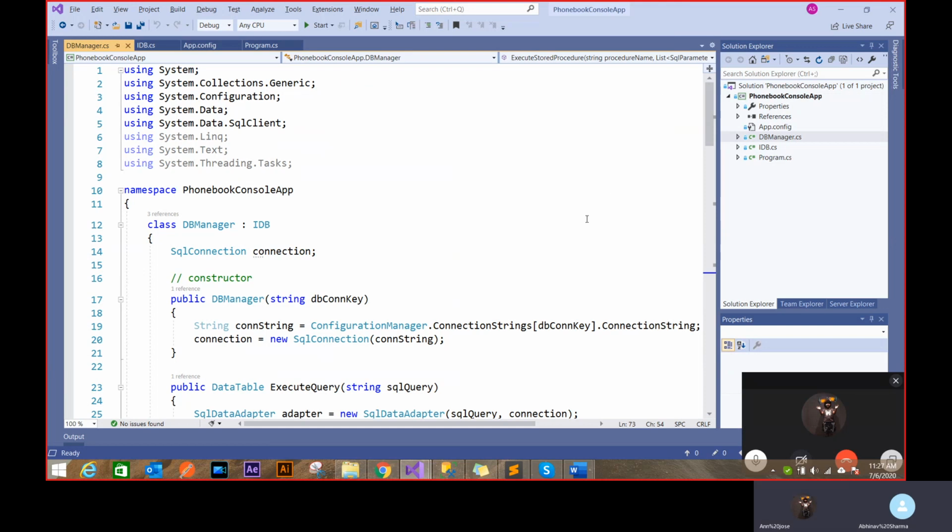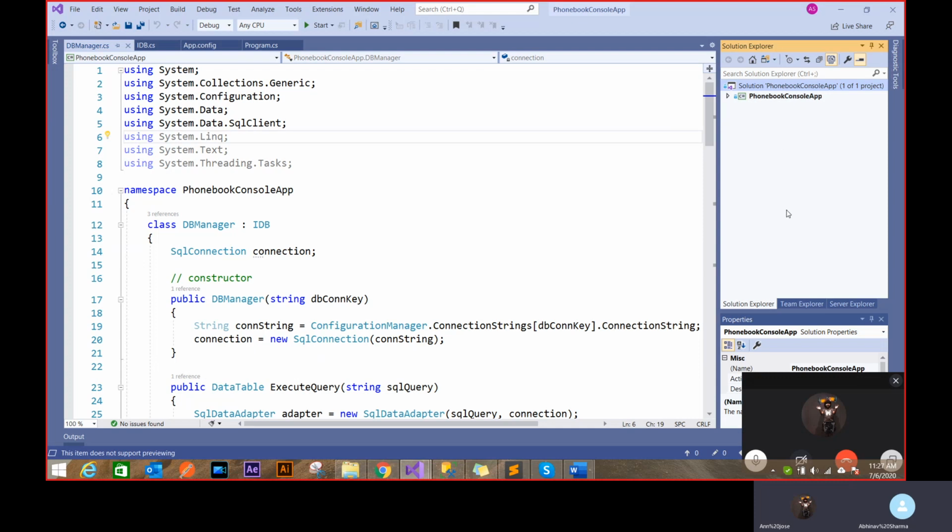So let's start with creating this. I'm going to use the same class, but I'm creating a new project now. You can have multiple projects inside a solution. That's not an issue. A solution is a collection of all the projects, so you can have UI, C sharp, and anything. It's a collection of the whole thing.